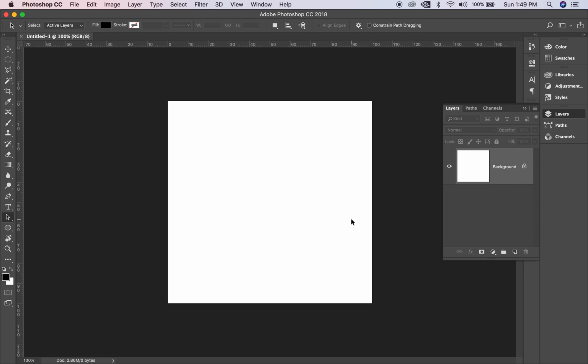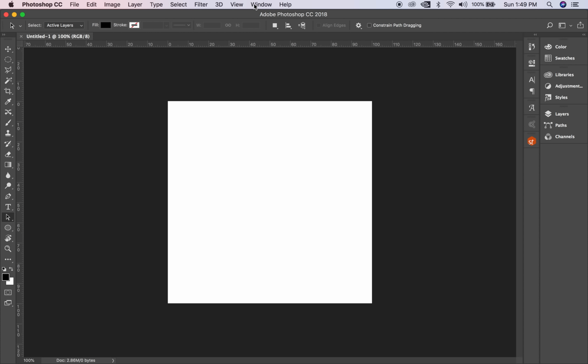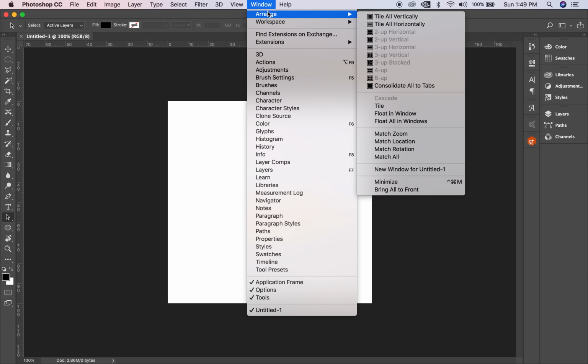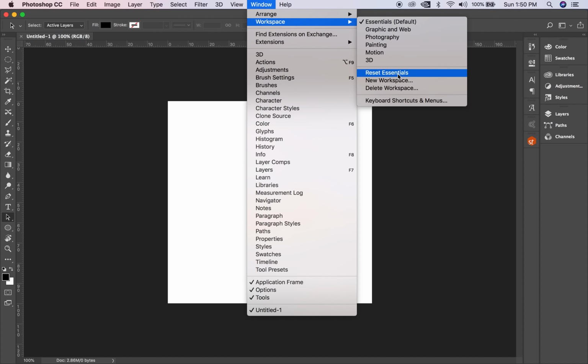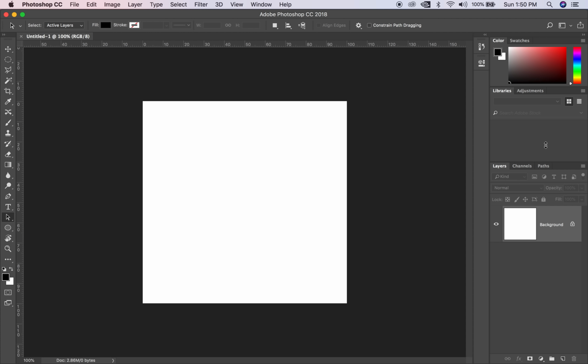There are multiple ways we can create shapes within Adobe or Photoshop. One of the ways is using that layer technology. If you don't see your layers panel, Photoshop's pretty cool because you can just go to Window, Workspace, and find Essentials. You can also do Workspace and Reset Essentials. So if yours looks a little different than mine, resetting that should get you to where you're going to be. So I'm going to go ahead and use my layers panel here,